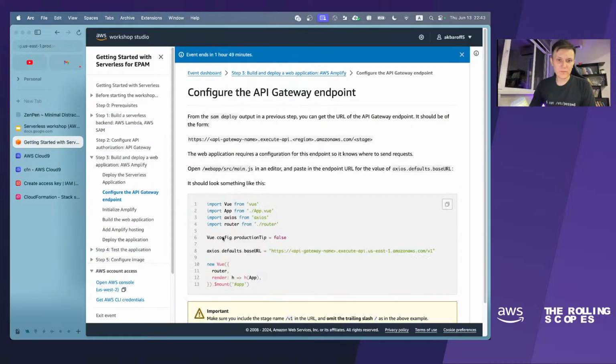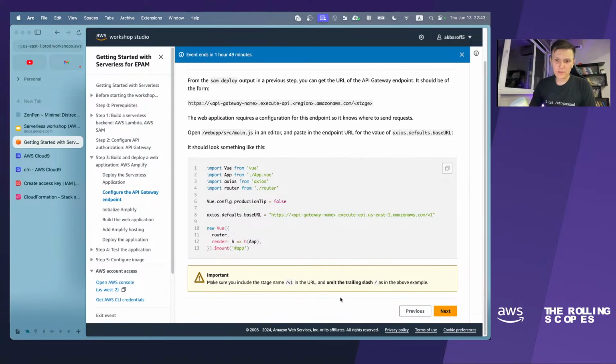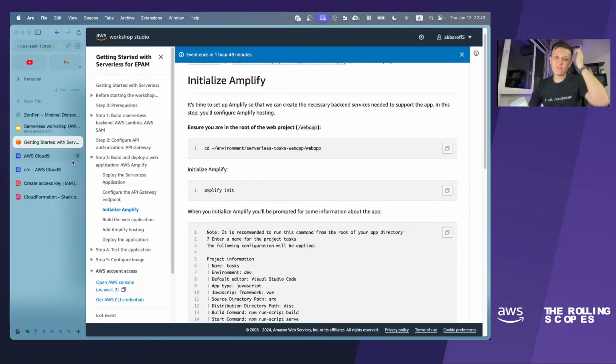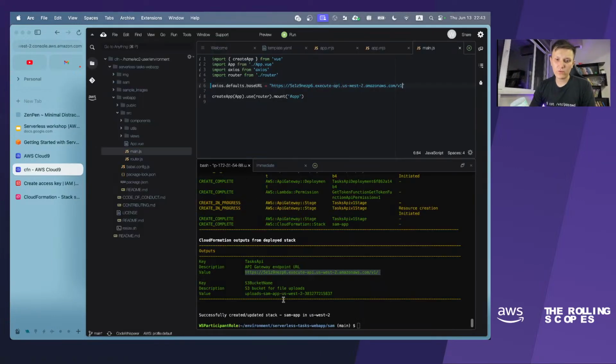What else? I think, as I said, the trailing slash should be deleted. And now we have to initialize Amplify within the front-end application to deploy it.